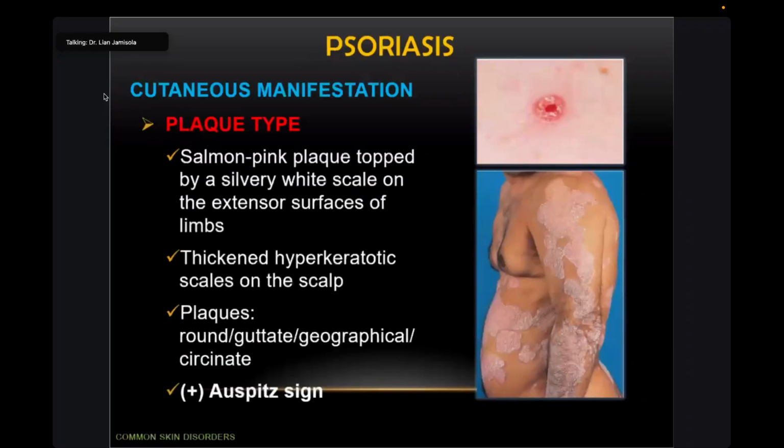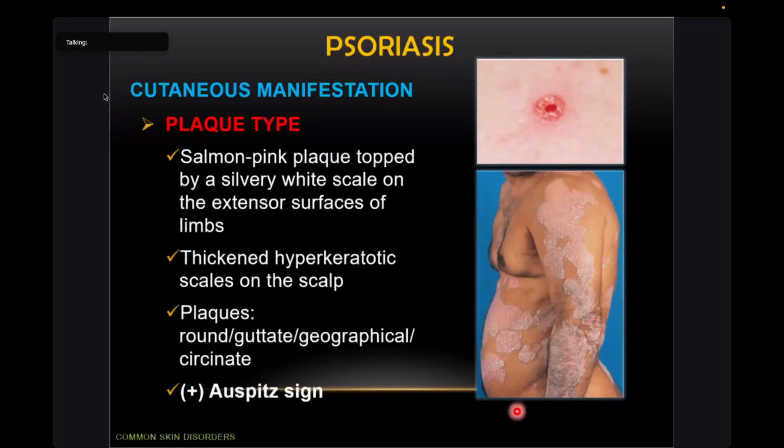There are different types, no, of psoriasis. The most common is your plaque type. It consists of salmon pink plaques topped by a silvery white scale on extensor surfaces of the limbs. Okay, so remember the description. Salmon pink plaque topped with a silvery, usually it's thick, white scale, usually on the extensor surfaces of